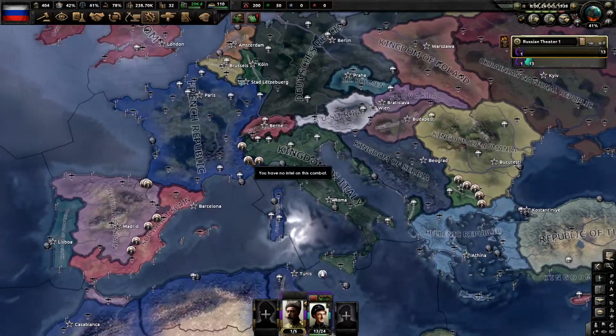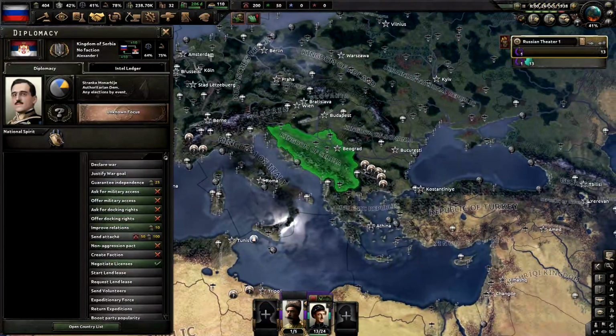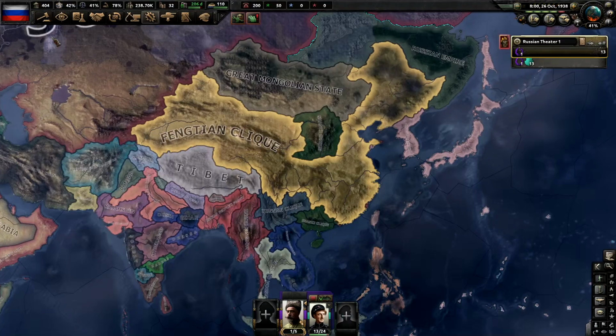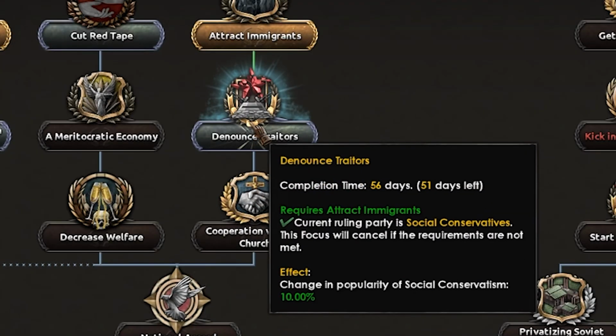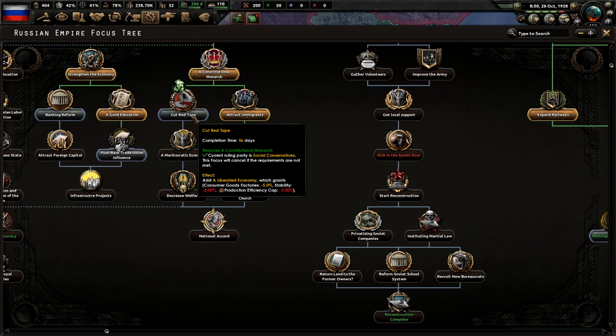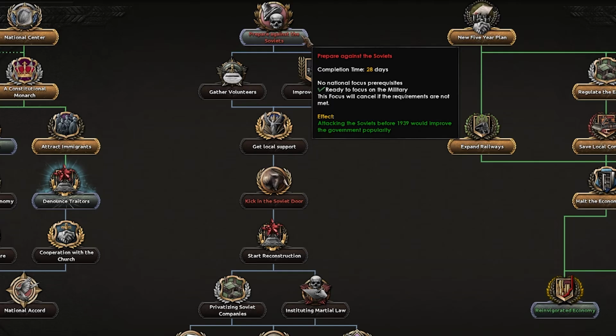Also, France is at war with Italy. I don't know why these two kicked off, but they kicked off, and the Kingdom of Serbia is huge under Alexander. Other than that, things are still going pretty standard. I'm now working my way down the tree. I'm going to denounce the traitors, cut the red tape, and then after that, I'm going to start pushing down to prepare against the Soviets'